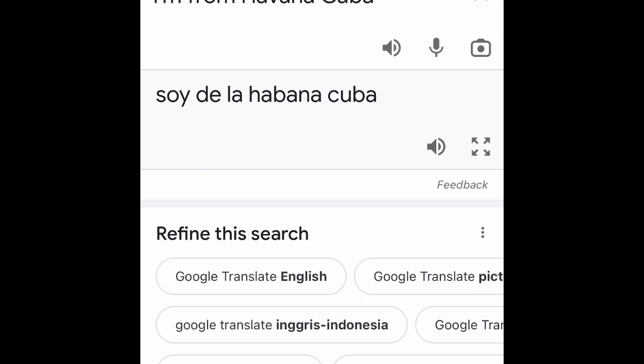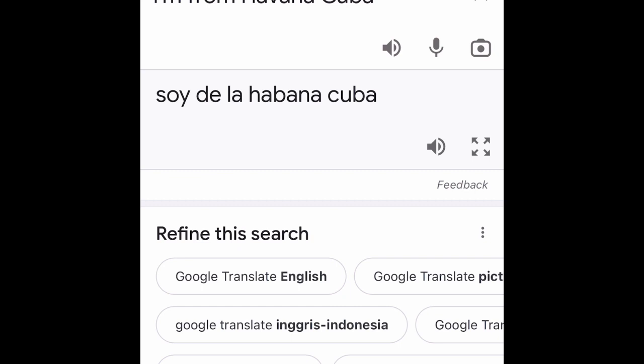See how the V and the B get replaced by a W sound, and the D is cut off in the word de. Don't even say the D sound in the word de. So soy la Havana, Cuba. So yeah, those are the B's and the V's.